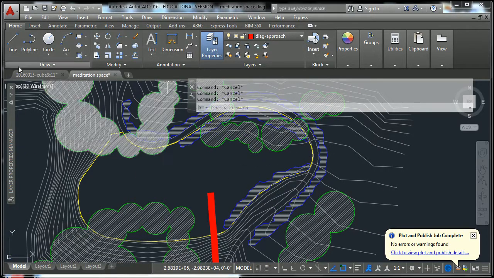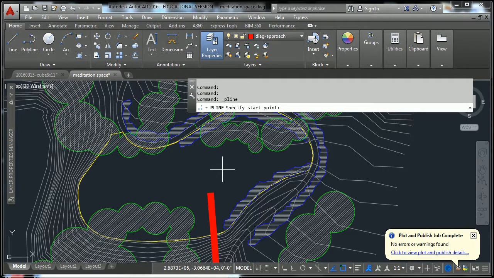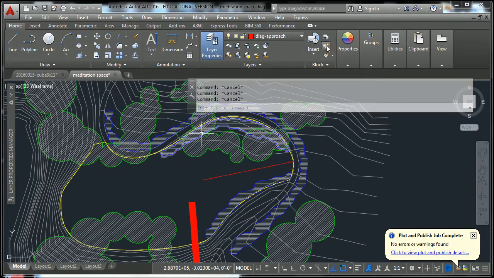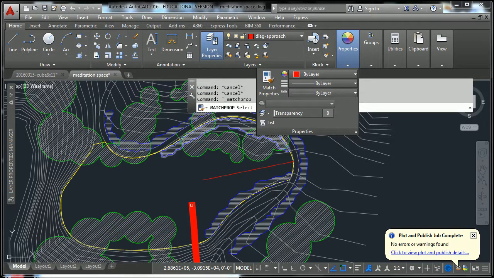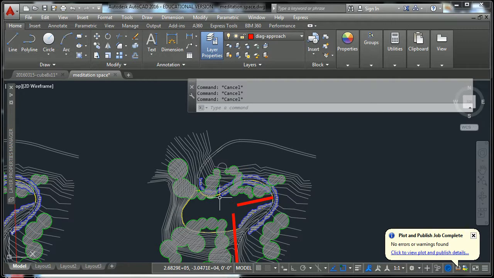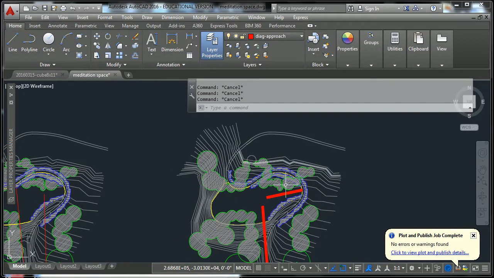So I would draw the polyline back again, from about the center of the site to about there. I could probably just match the property of this thing and get that done. The other portion that I want the approach to be is,